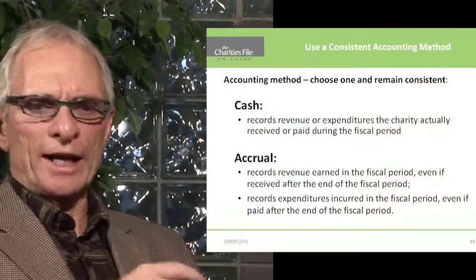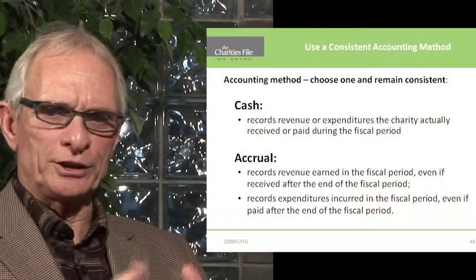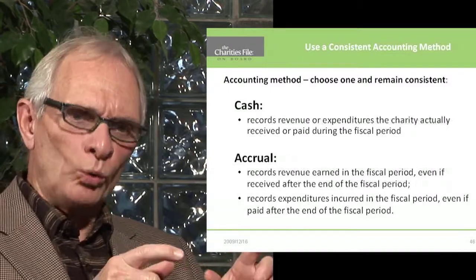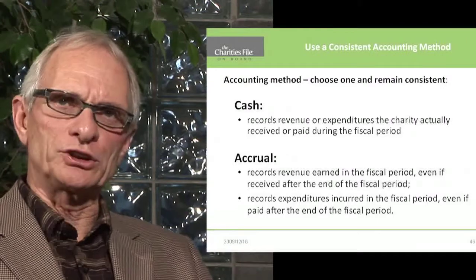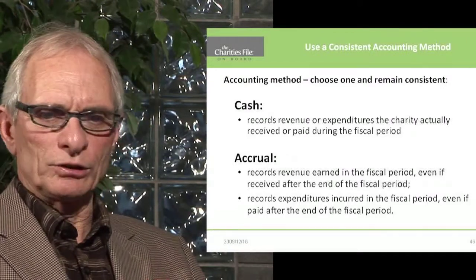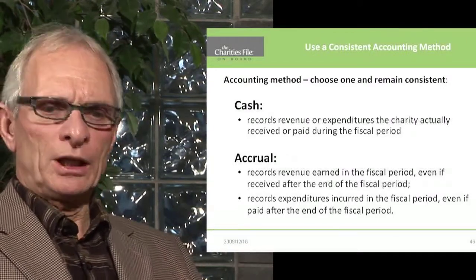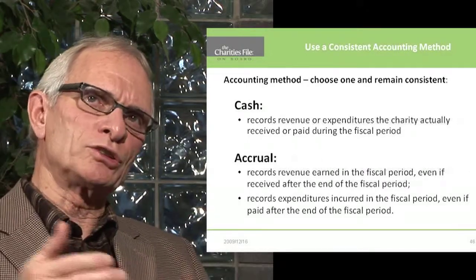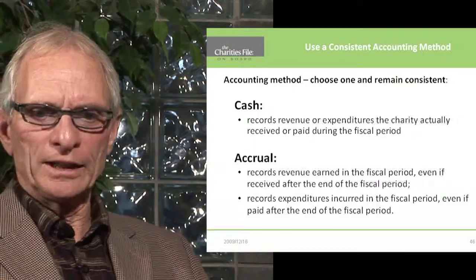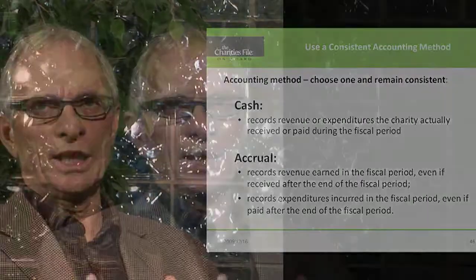There are two main accounting methods that are used. One is called cash, in which all of the financial transactions that occur, revenue or expenditures, really need to be paid within the context of the fiscal year. Whereas accrual is an accounting process in which revenue or expenditures can be counted towards that year even if it's received after the end of the year. So the commitment is made during that year and therefore can be counted within the confines of the fiscal year.